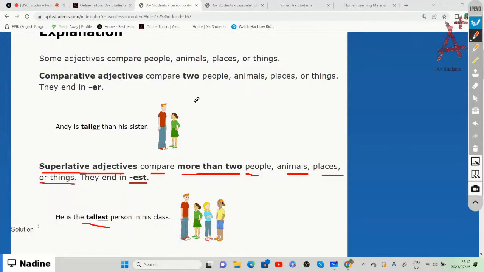So once again, a comparative adjective compares two people, animals, places, or things, and the adjective ends in er. For example, taller. And then we have a superlative adjective that compares more than two people, places, animals, or things, and the adjective ends in est. For example, tallest. So it's the same as saying,